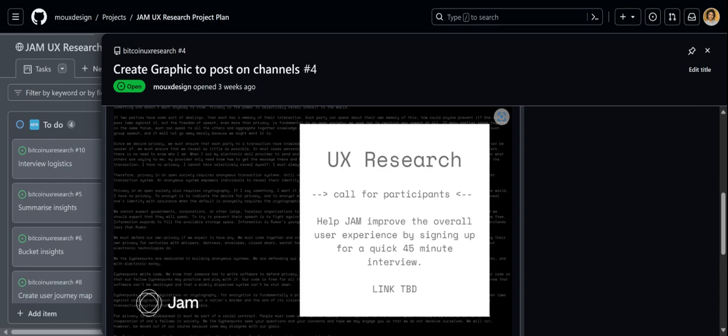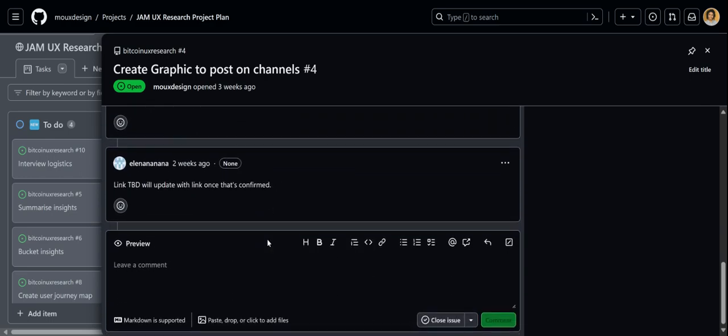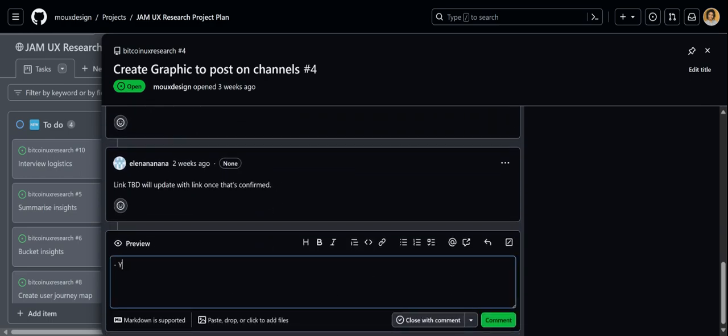And then maybe we can add a link underneath that. I don't know, we'd have to think how we word it to include the link to sign up for a call. Calendly is usually the link, but then they'd have to give us their email. So if the call to action is, your opinions matter, improve the Jam UI, if you're interested, send a DM to Mo, then somebody could send a DM to you, and then you could give them a sign up link.